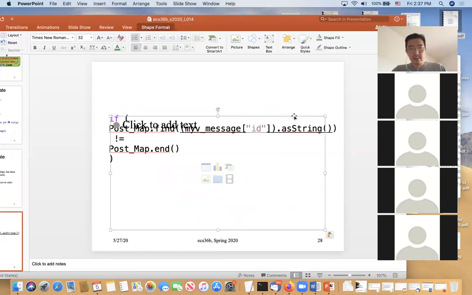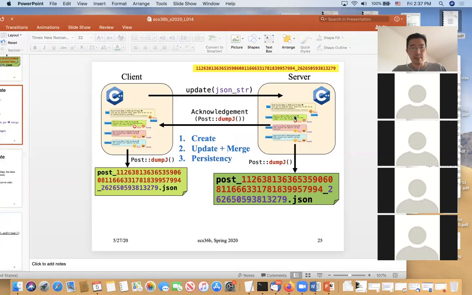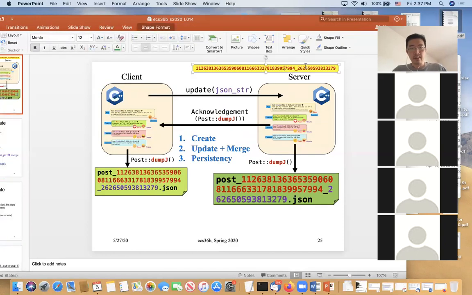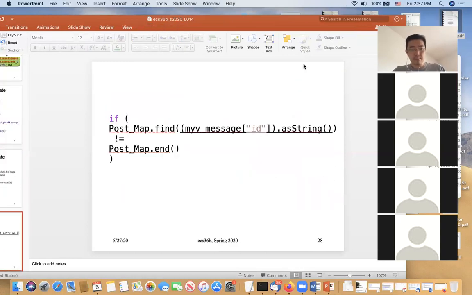No, I got it wrong. Sorry. Let me just copy and paste again. Okay, so this is the ID. This is going to be the ID, and I convert that into a string. So essentially what we're saying is postmap find is trying to find whether that ID actually has a post